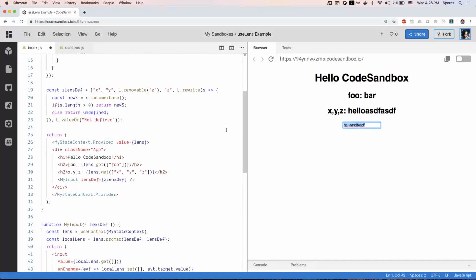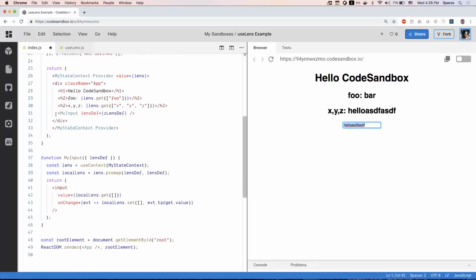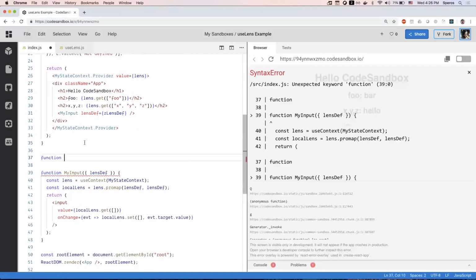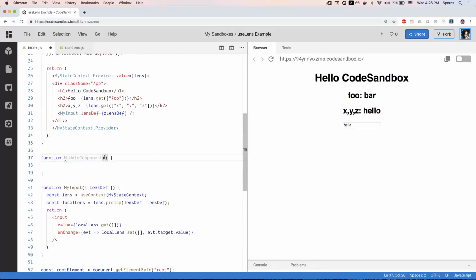And now the difference is that this component doesn't need to be passed the lens directly. It can just pull it off of context, which means you could have some deeply nested component, like a function, we'll call this middle component, that is going to return,